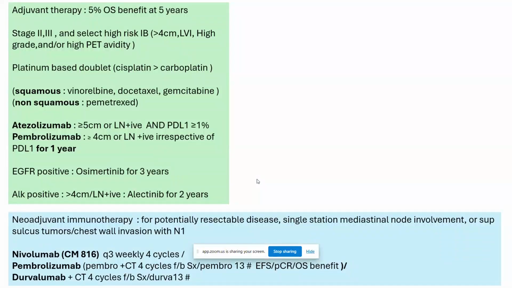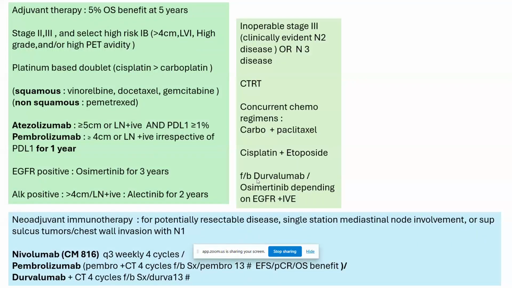Now, we also have new neoadjuvant immunotherapy coming up in the form of nivolumab, wherein we give 4 cycles followed by surgery, and pembrolizumab, wherein we give 4 cycles of pembrolizumab with chemotherapy, then surgery, and then adjuvant pembrolizumab, and durvalumab. So these are the 3 drugs that we use as a neoadjuvant strategy with significant EFS, PCR, and